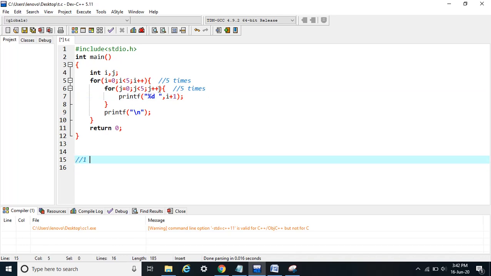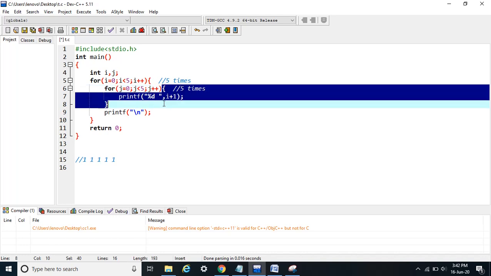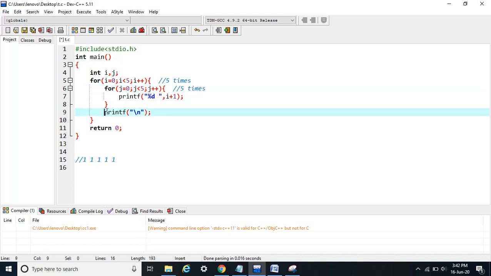After that j will increment, j will become 1, condition again true. Still we are printing I plus 1, I is same, again value will be printed. J becomes 2, condition is still true, again we print 1. J becomes 3, condition is still true, again we print one more 1. J becomes 4, condition is still true, we print one more 1. And when j becomes 5, this condition will be false, this part will be skipped, and we will print a